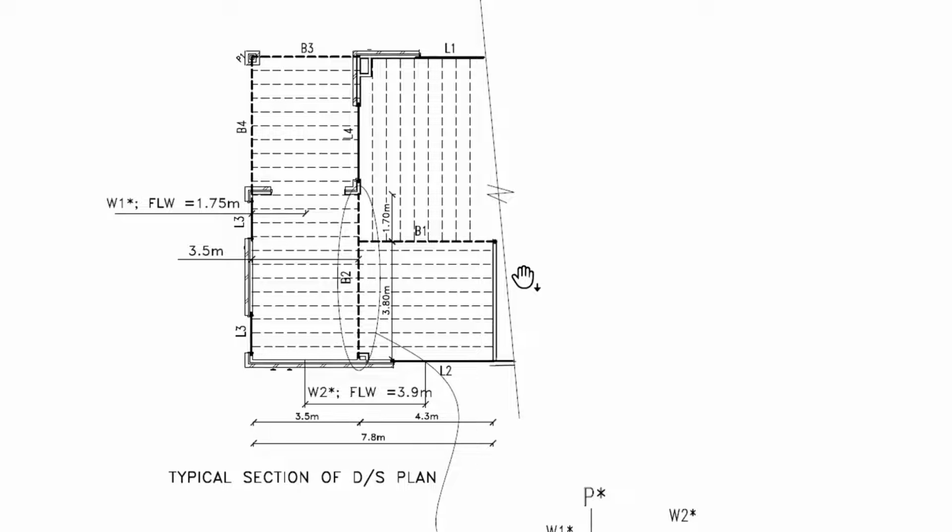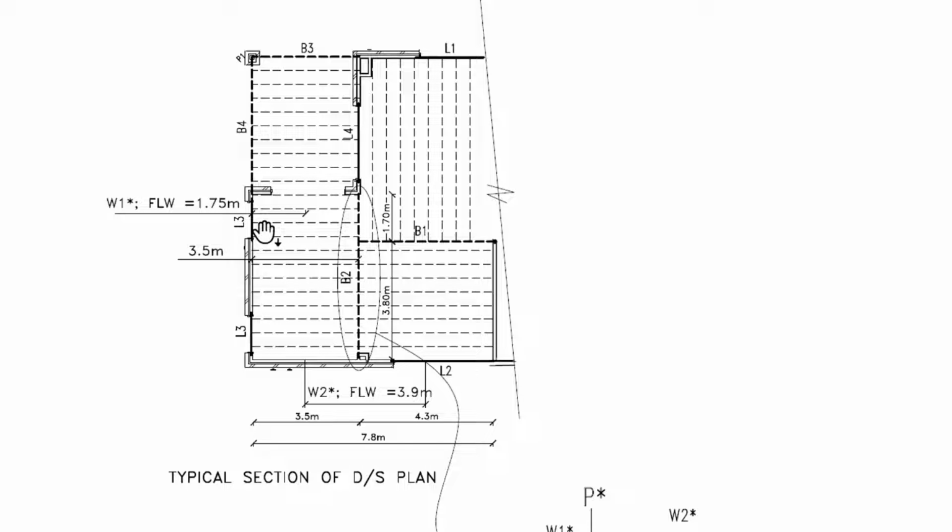L2 and B3 are just supporting the upper wall loads and roof loads. Sometimes we can use double joist instead of L2 and B3, but also note that L1 and L3 and B4 as well may support wall and roof loads depending on the position of the windows on the upper floor. Okay, all the L members are positioned over the window head, and this is why we generally nominate them as